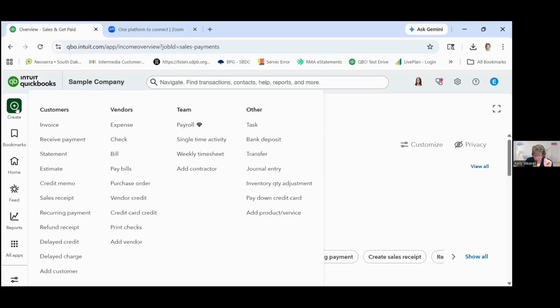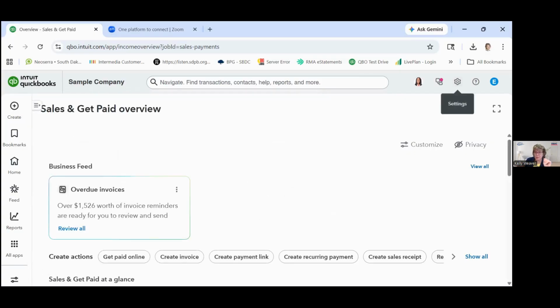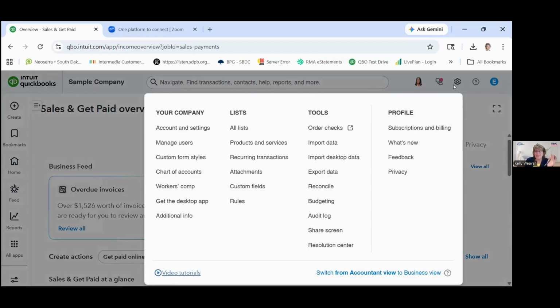The other thing to look at is this gear icon at the top here. This is kind of like your settings, or if you're used to QuickBooks Desktop language, your preferences. As I mentioned, when you purchase your first version of QuickBooks and you get asked a number of questions, what it's really doing is adjusting these settings according to the answers to your questions.